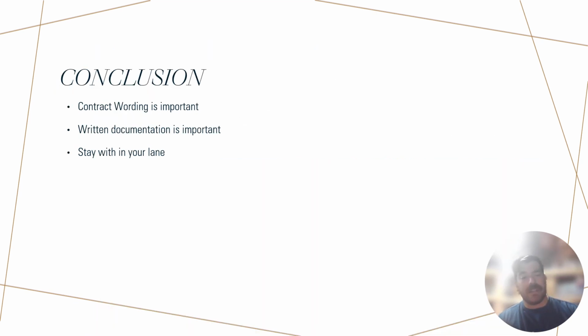All right, conclusion. Like I said, the overall theme for this class for me is, we talk about all the different stuff that goes in the contract, but contract is law. So we need to stick within the confines that the contract represents. That's extremely important. While we do want to go above and beyond, we don't want to go so far as to put us in the negative, right?